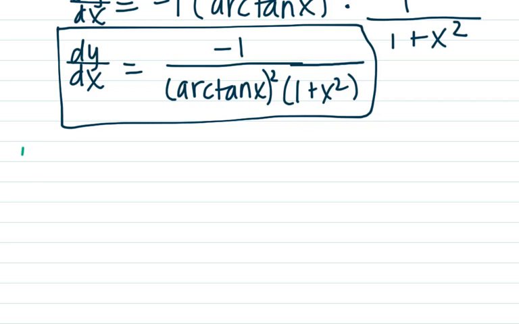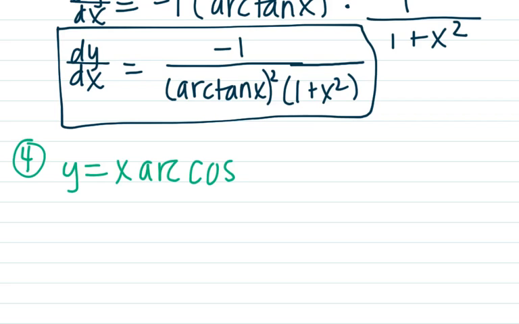Alright, our final example will be y equals x arc cosine of x squared. And so again with trig, be careful because it looks like one giant thing, but we're really doing the product rule here. We have an x, then we have the inverse cosine function. And then within the product rule, we'll also be doing the chain rule because of the x squared. So here we go. dy dx